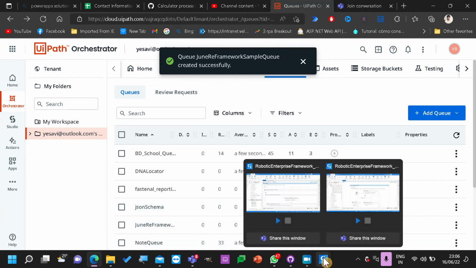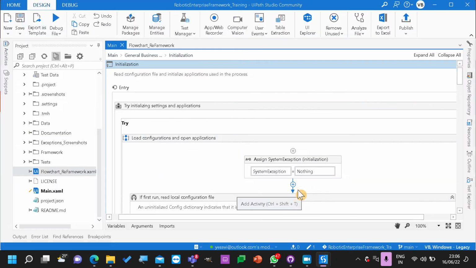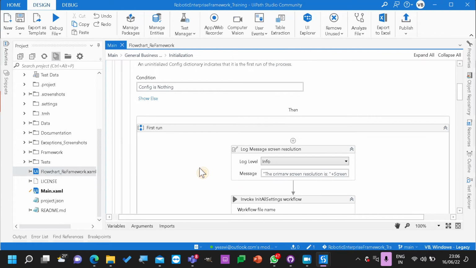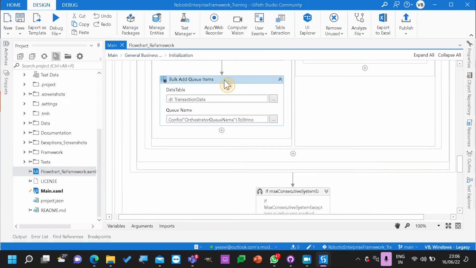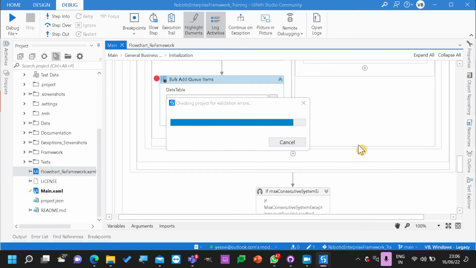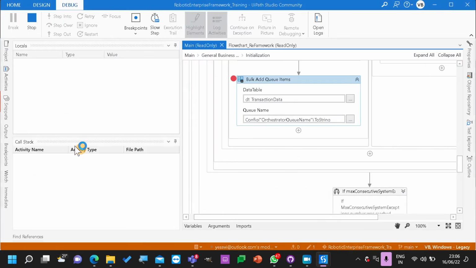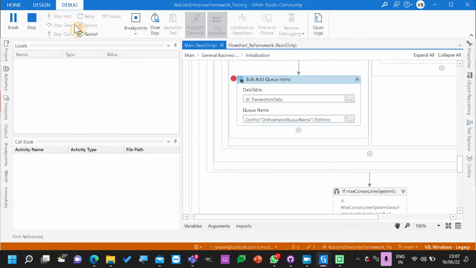Okay, add items. Now I haven't changed any code, I'll just run the same code. We have bulk add queue items in here. Let's have a breakpoint. Debug. It said bulk add queue item, step into.